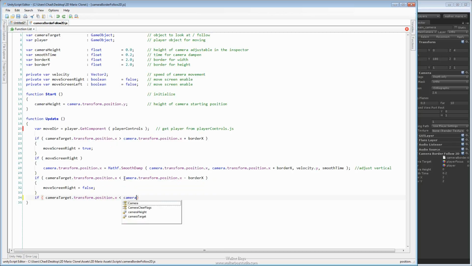So we'll just say that if this is less than the camera's current position minus the border, okay? So we'll say camera.transform.position.x, and this will be minus the border x now. Alright, so with this one, this allows us to actually check to see if the character is over on this side of the screen. Okay. And if the character is on that side of the screen,